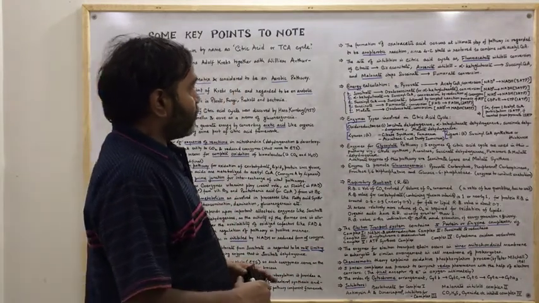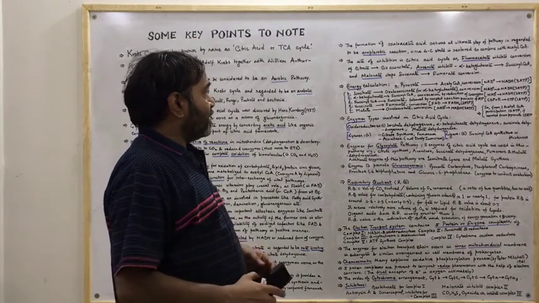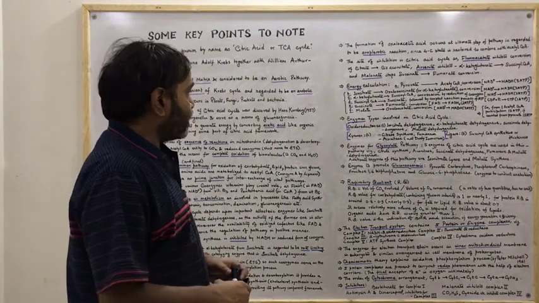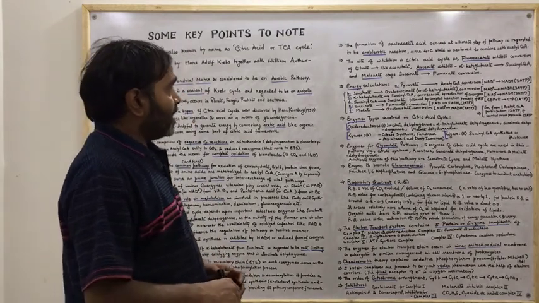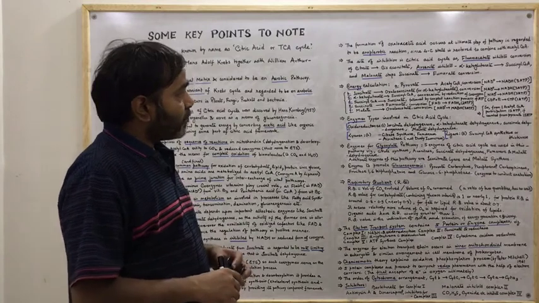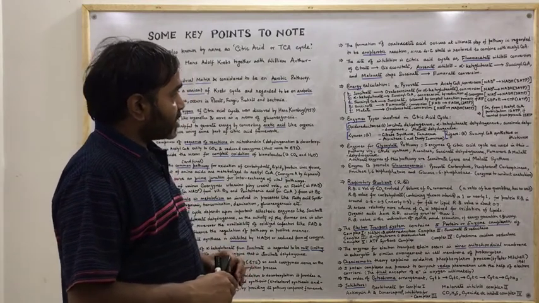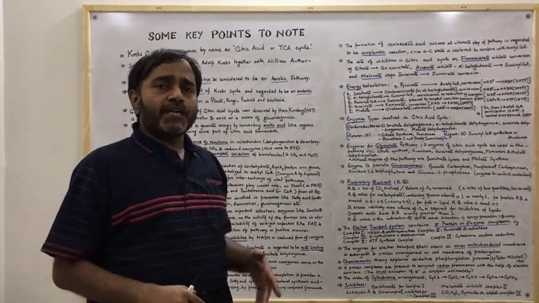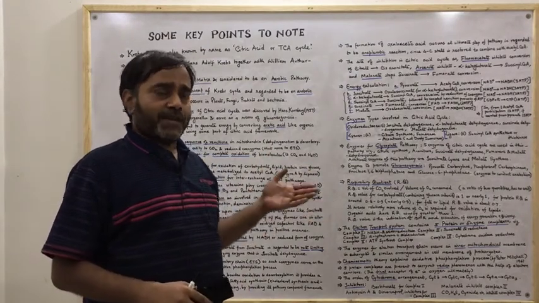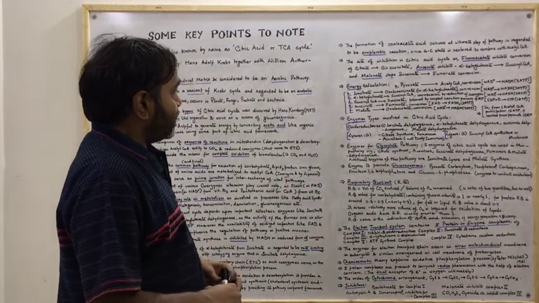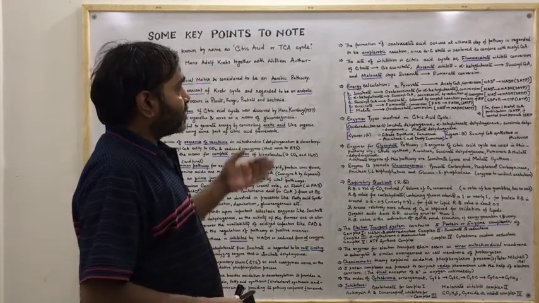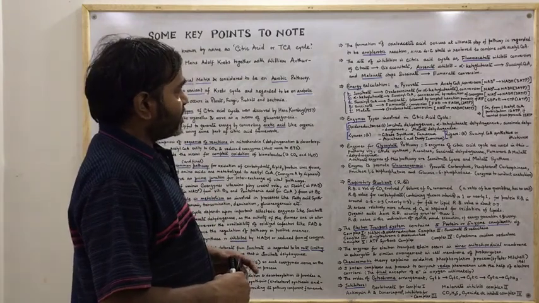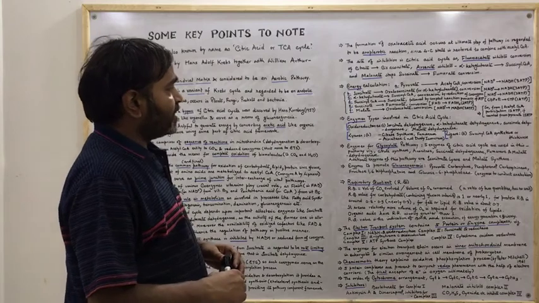Enzyme types involved in the citric acid cycle: the oxidoreductases involved in this pathway are dehydrogenases, particularly isocitrate dehydrogenase, alpha ketoglutarate dehydrogenase, succinate dehydrogenase, malate dehydrogenase, which are involved in different steps of the pathway. Now what is the next one? That is lyases. What are the lyases involved in the pathway? They are citrate synthase, fumarase, aconitase.